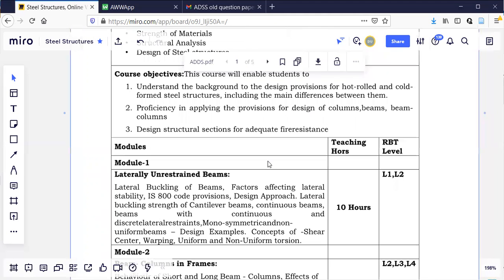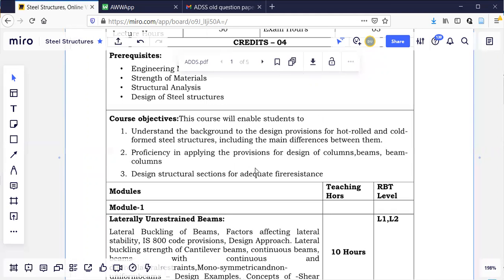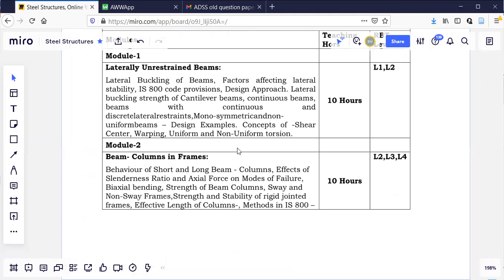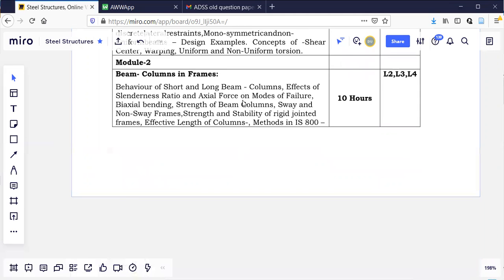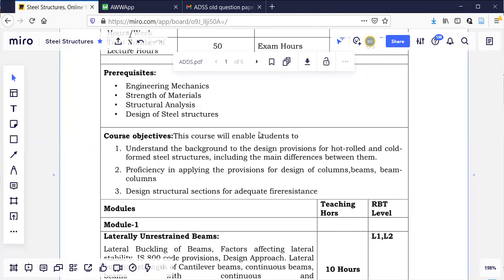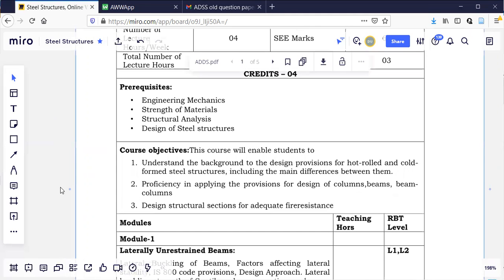Because this is a new mode of teaching and learning. As you can see here, chalk and talk was better actually, but somehow we have to adjust and try to enhance our knowledge here. There is no other method now. We have to adjust with this new mode of teaching and learning, and somehow we have to gain more knowledge.